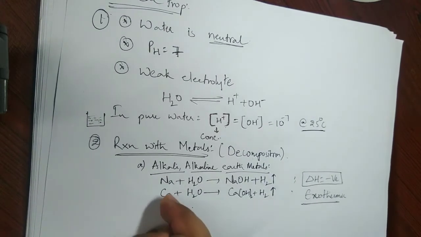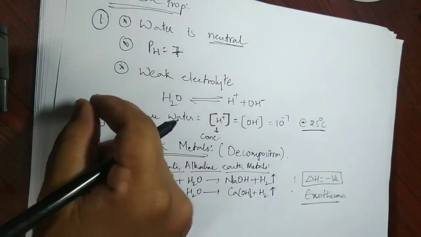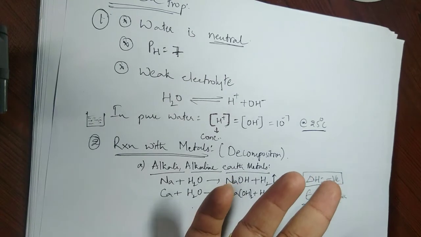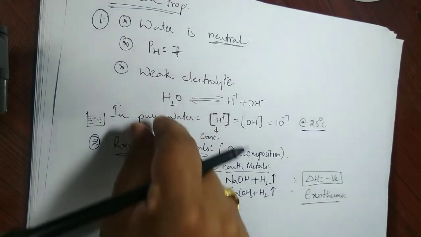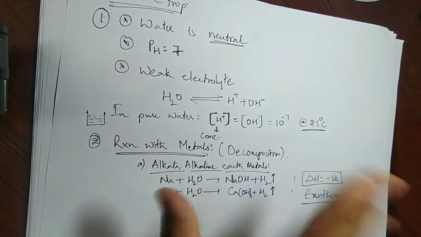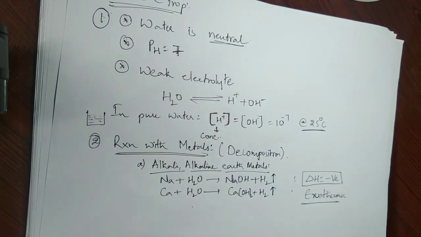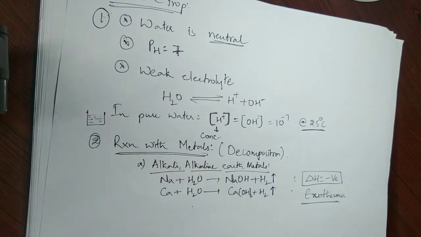Okay, sodium and calcium, in fact sodium: the moment you take out sodium, where do we store sodium? Sodium we generally store in kerosene. Okay, in 8th standard I think you might have studied this point. So sodium is stored in kerosene. As soon as you take out the sodium from kerosene and put it here, it just catches fire. Okay, reason: sodium is so reactive that even the moisture around the surface, or the moisture present in the atmosphere, is sufficient to set it aflame.